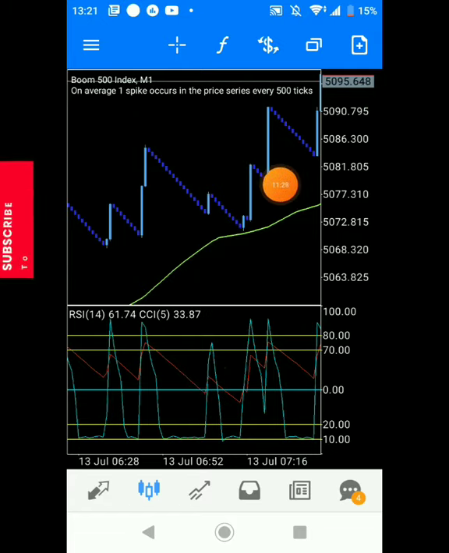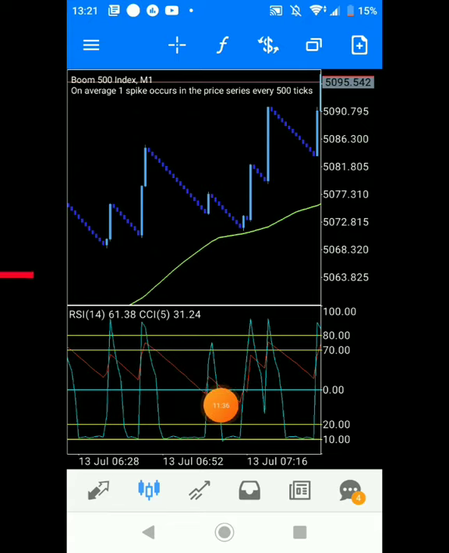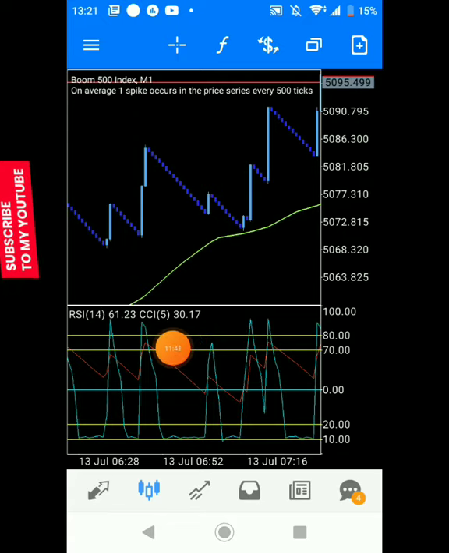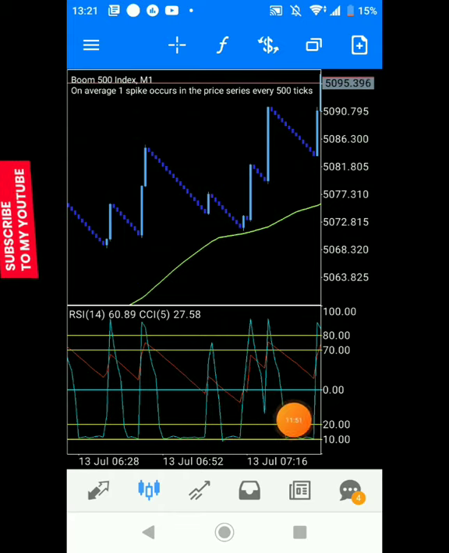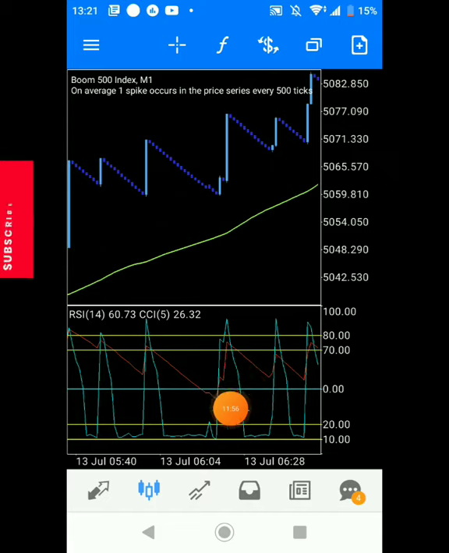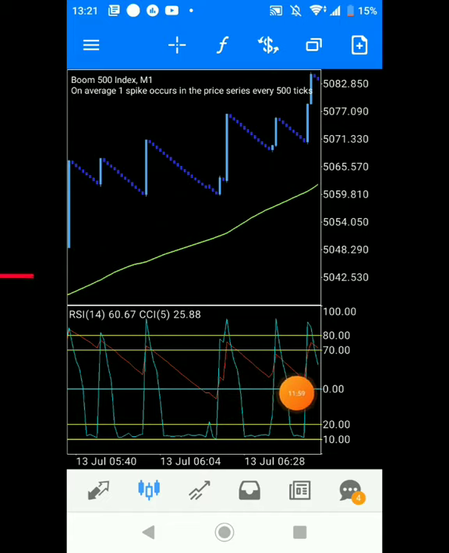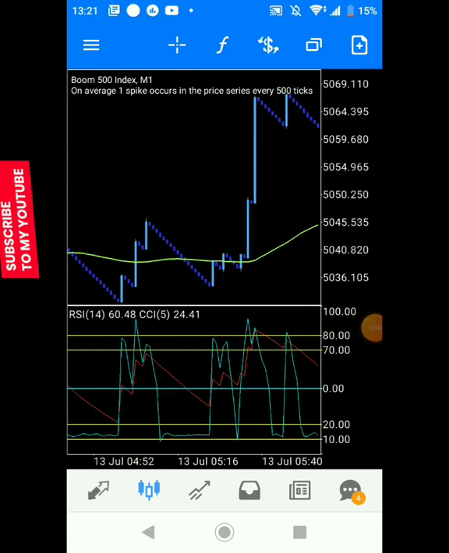Since it's a buying opportunity, you will see a lot of spikes. So therefore, you should know what you want to look out for. When you see price, the red moving average, at overbought, if you want to take sells, you take a few candlesticks and get out, because anything can happen. But if you want to catch the spike that will come from it, you can always catch it from the 0 level, or the 20 level, or the 10 level. Those are areas where you see spikes coming through. All right, so you always want to make sure that you're being careful.